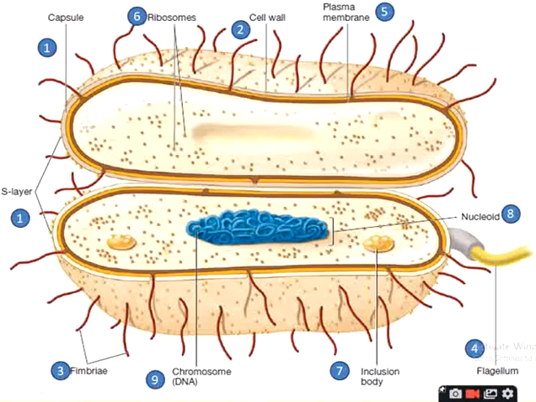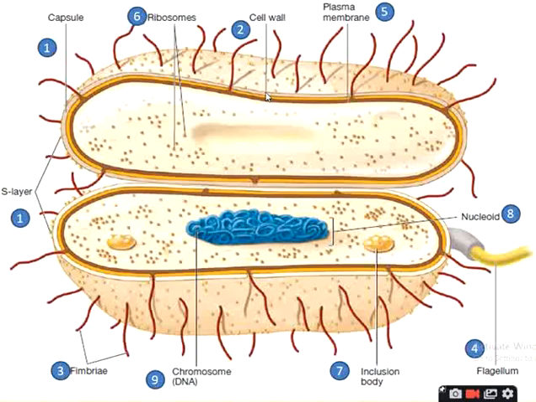So this is the general structure of bacteria, and in bacteria there are different structures or cell organelles present. Here is the first, the outermost layer or envelope of bacteria, that is called a capsule, okay. This is the capsule or slime layer that is present outside the cell wall. Now inner to the capsule or slime layer, there is a cell wall.